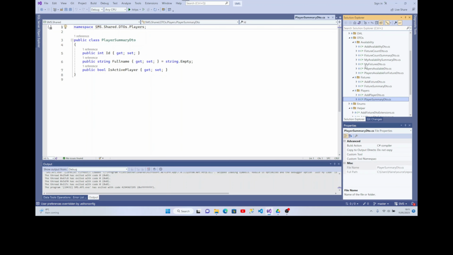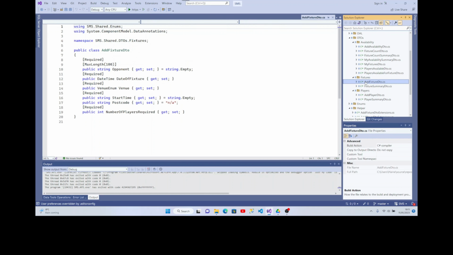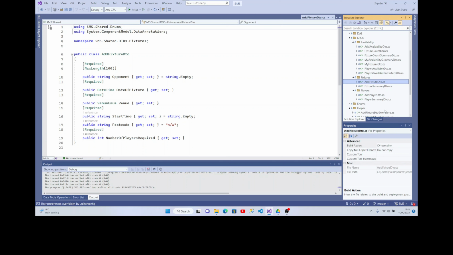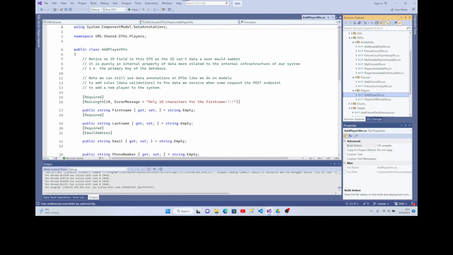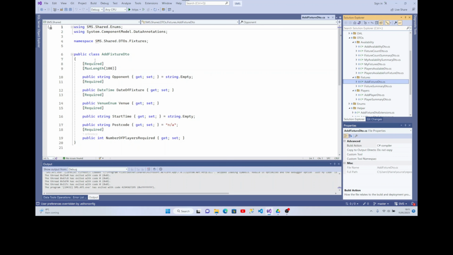Again though, even though there are more files here, it works on very much the same principles. For example, when we post a fixture into the system, it looks much the same as when we post a player into the system. The only bit that is different is we've removed the ID in both cases to make it a DTO object rather than a model. Where you'll notice the most DTOs is to do with